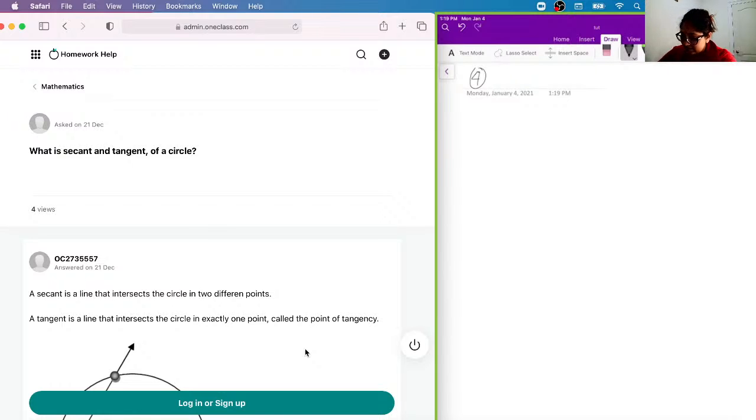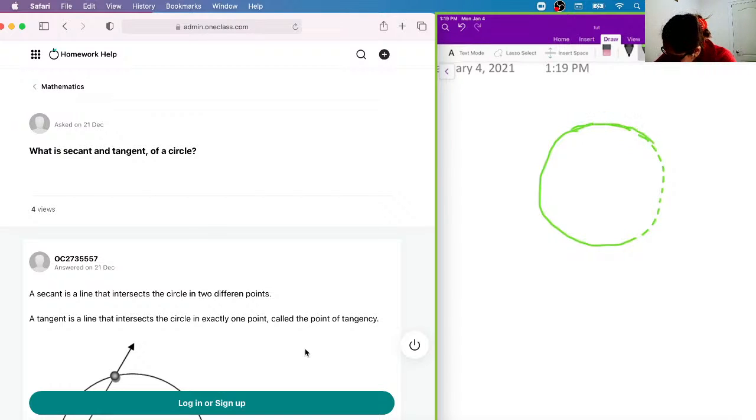So when we're talking about a circle, when we're talking about a secant line, a secant line would be something like this, where it intersects 2 points of a given graph or a circle. And so this is your secant,